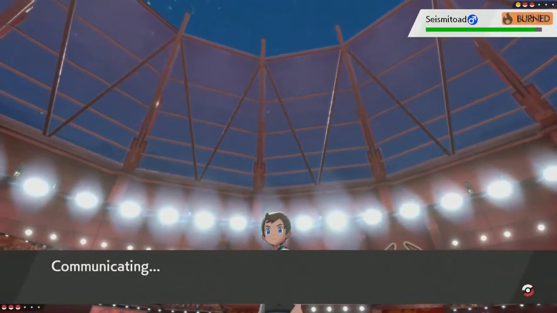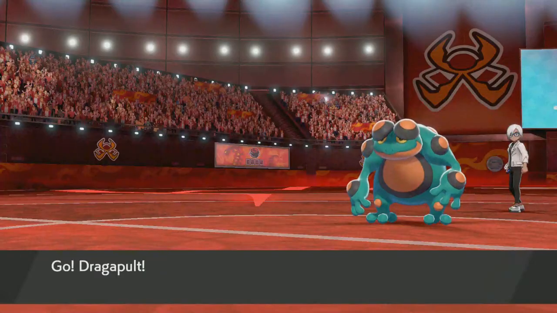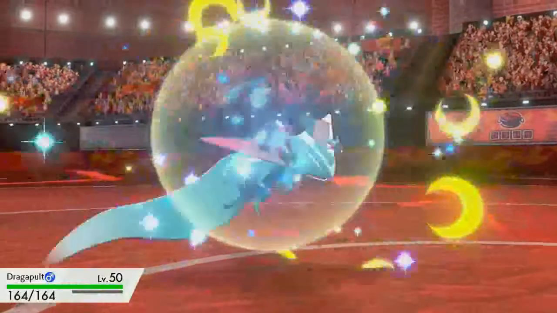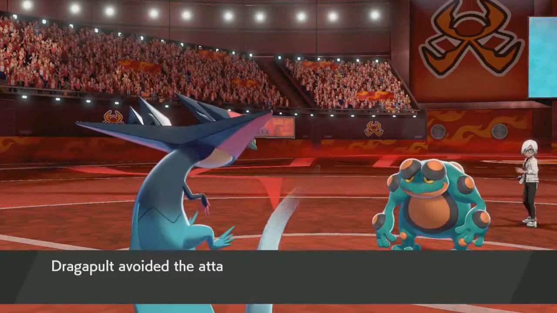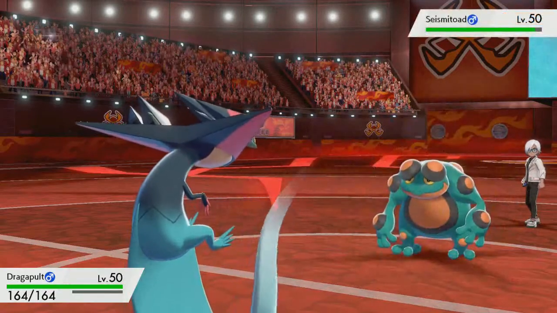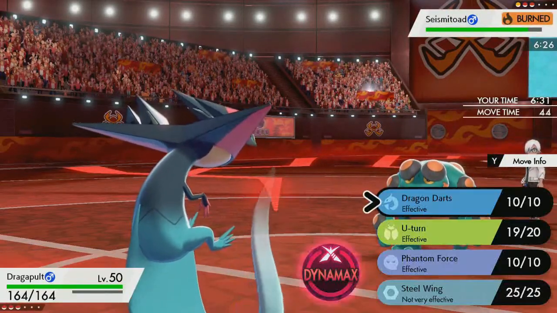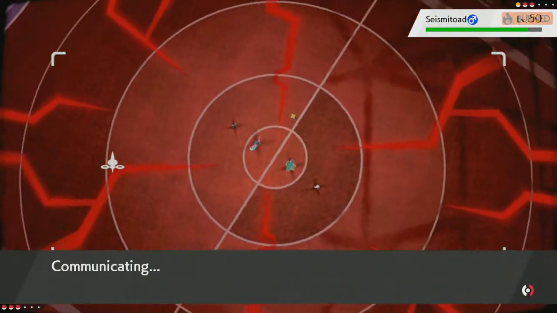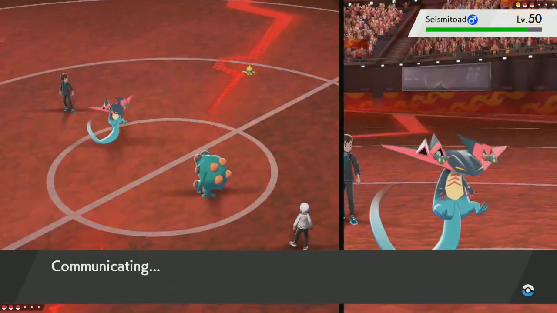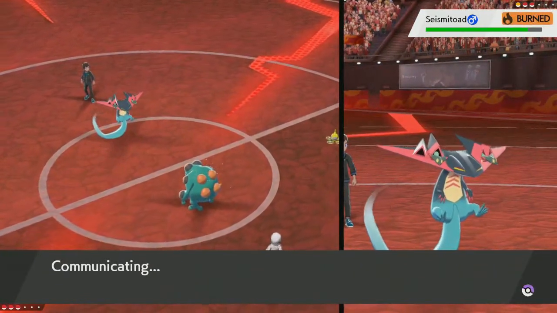Now, here's the thing. His Seismitoad did not want to fight my Dragapult. So let's just go back into Dragapult, because at the initial face-off, he switched out. Okay, so he's got Hydro Pump. That wouldn't have done a ton anyways because we resist that. And you know what? We're not going to have a second verse same as the first here. Let's just fire off a Dragon Darts